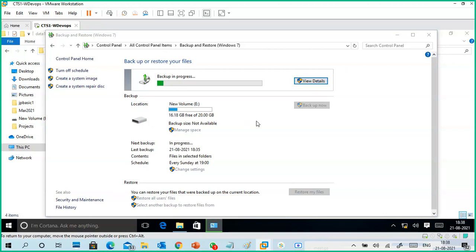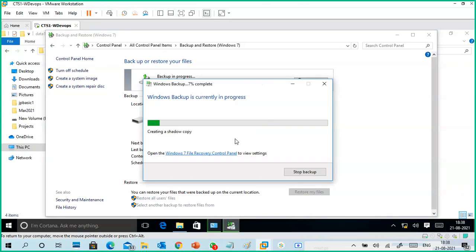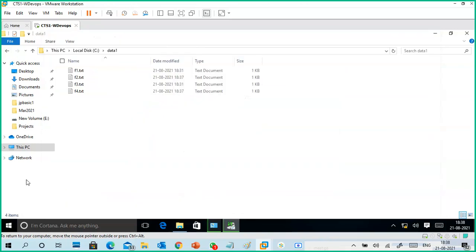Click on view details. So it is creating a shadow copy. Yeah, it is really creating a shadow copy.